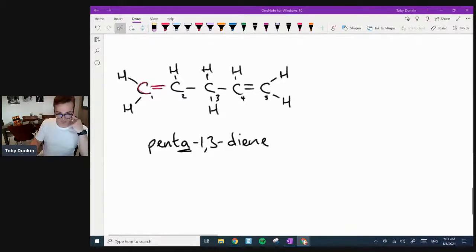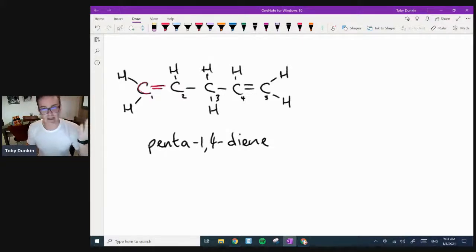Is it not penta 1, 4? Oh, sorry. Thanks, Winkit. My apologies. Thank you, Winkit. Spotted the error. Easy mistake. It is nice to see that you guys can contribute on the chat, although I didn't do it deliberately. It was a mistake. I even numbered them deliberately so I didn't make that mistake.